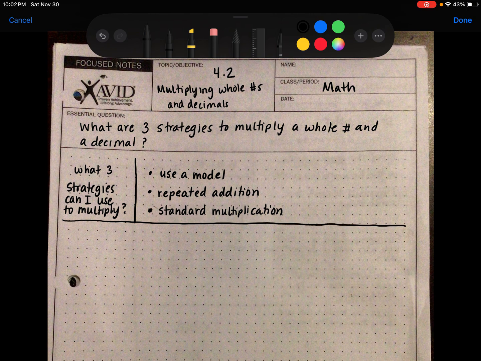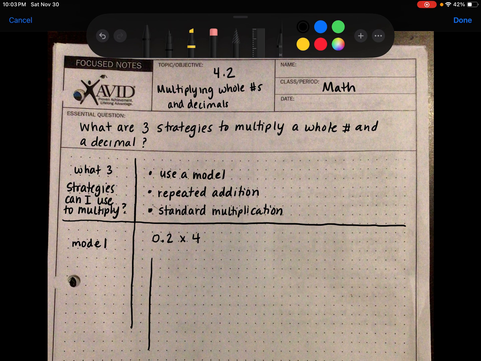All right, I'm going to draw a line here. And we're going to talk about the first strategy, which is how can you use a model? So this would be the model of multiplying, let's say, 0.2 times 4. So 0.2 represents 2/10, and if I were to use a model for this,